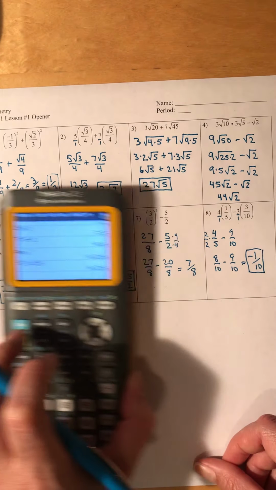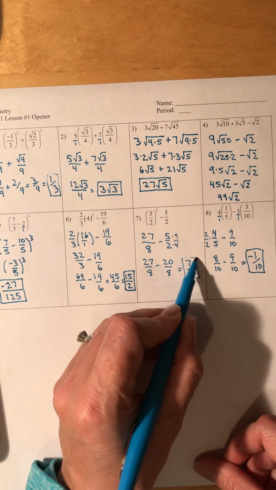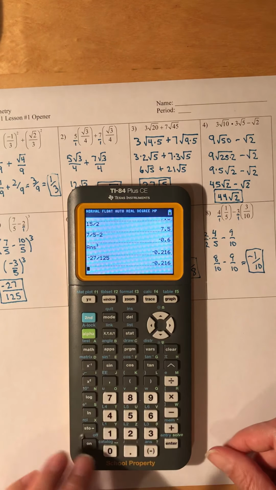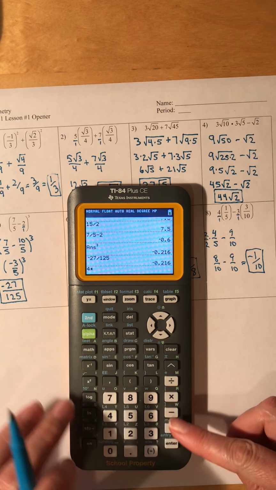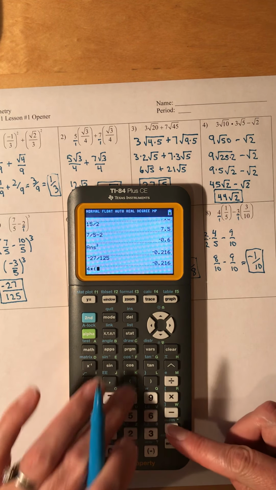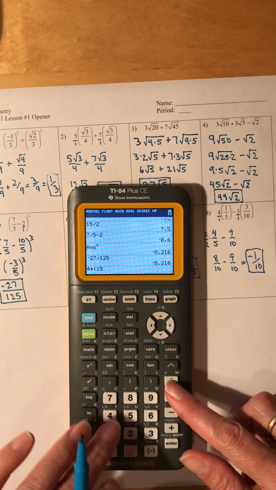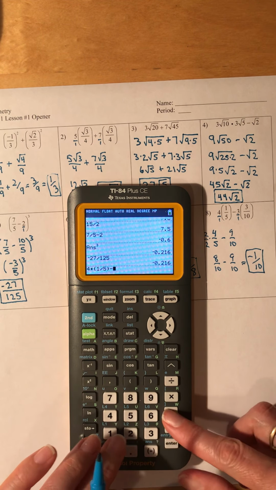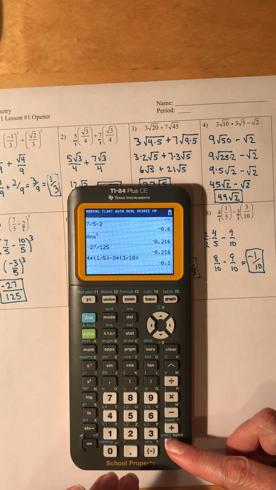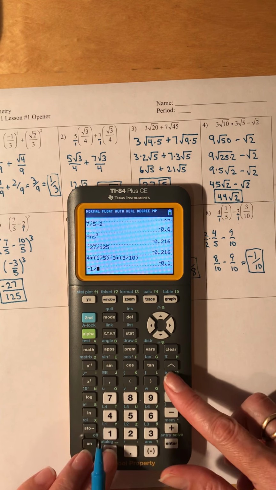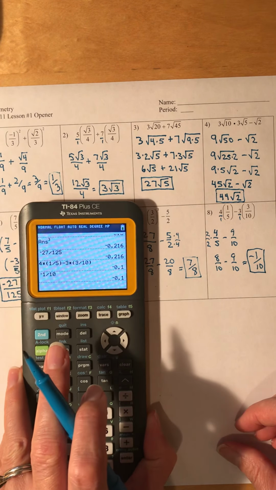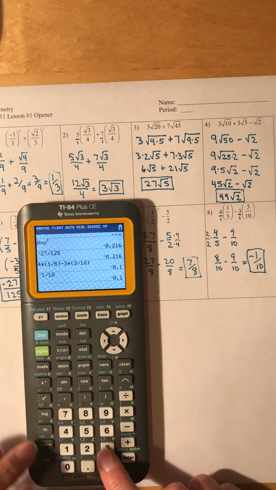And again, you could check that by doing 4 times 1/5 minus 3 times 3/10, and there's your negative 1/10. Same decimal. You could even check these square root ones because you could do 3